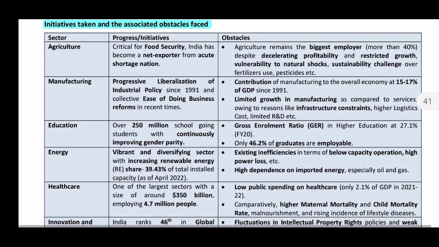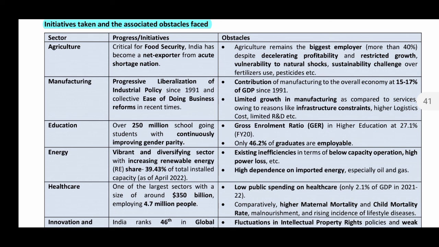Then what initiatives were taken and what associated obstacles did India face? India has faced a lot of obstacles sector-wise, and there are also initiatives which have been taken, and there are also obstacles which come up in that sector. So first is the agriculture sector. The progress, or initiative, is critical for food security, and India has become a net exporter instead of